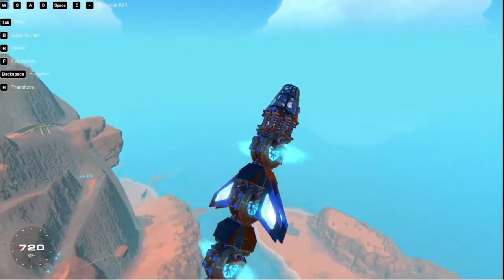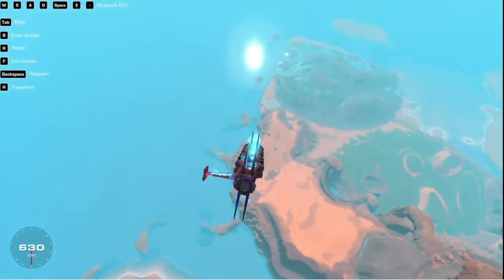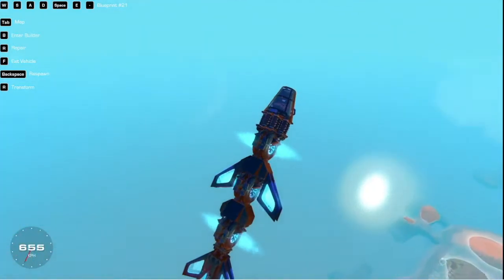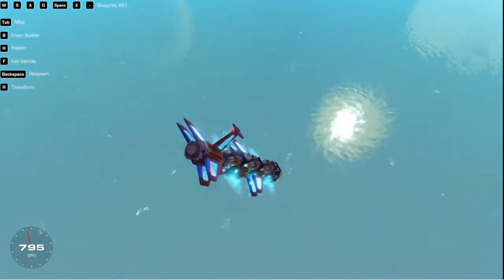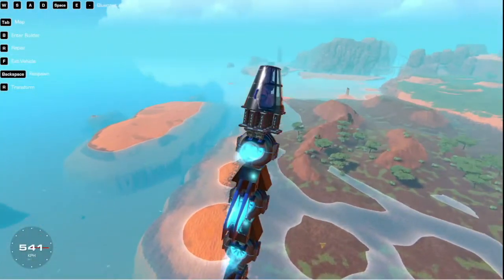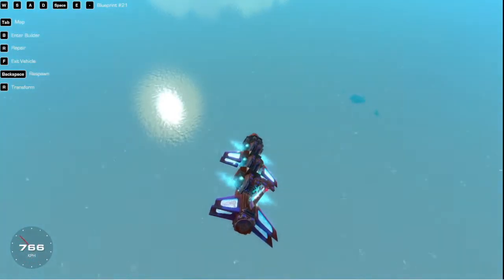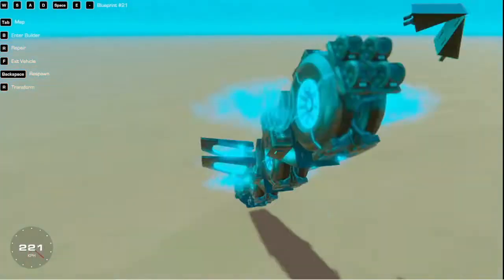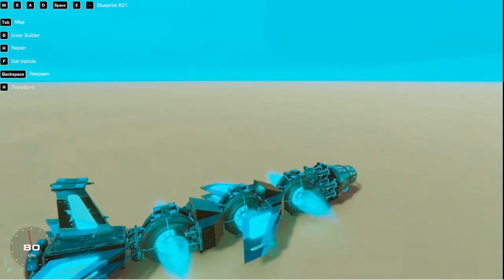It might not look like much here, but I'm not going at max speed. Anyway, it's pretty simple. It uses the same up and down as a plane. It uses a thing to turn, and I think you might have just seen it earlier. One thing about this plane is, since there are absolutely no jets on it, you can fly it underwater